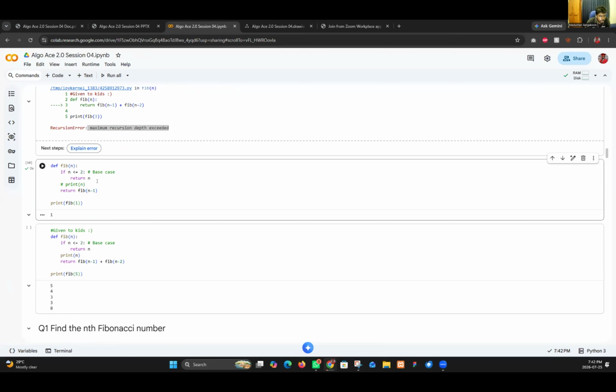It means that n is less than or equal to 1: the first number and the second number are 1. That's why we return it. If someone enters 1, it also returns 1 because the first iteration is 1.